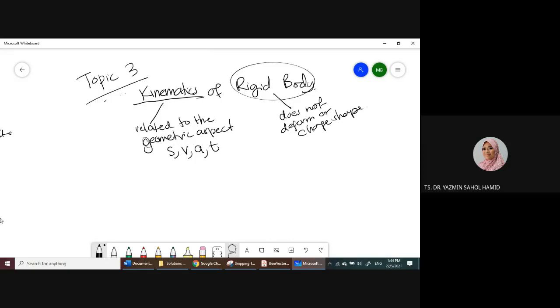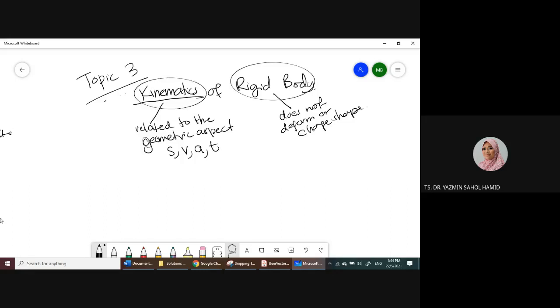Before this, a particle, let's say it's a big aeroplane or a speedboat, we consider it as a particle, like a small dot, just moving like that. But now when we talk about rigid body, there are all other internal forces and internal parts involved. Okay, so now we're going to do questions that are related to rigid body, but we're going to focus on